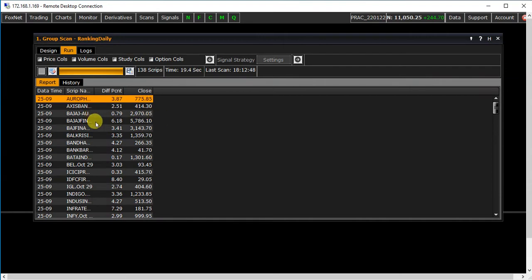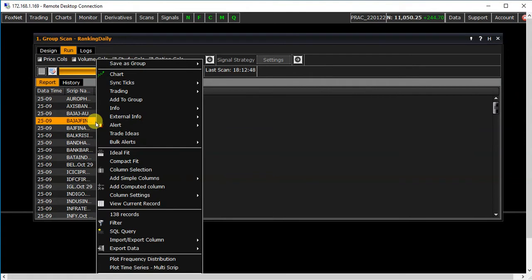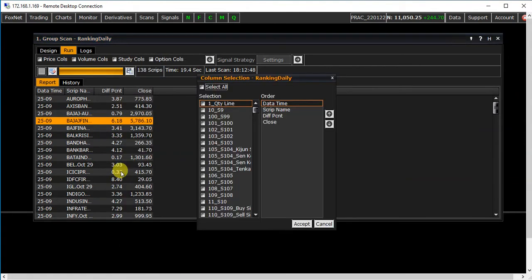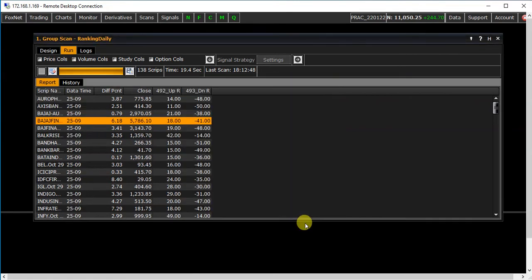Now just right click in the script list area and do the column selection. Now just move down and select column number 492 and 493. Column number 492 and 493 of up rank. Yeah, these one, up rank and down rank, and accept.